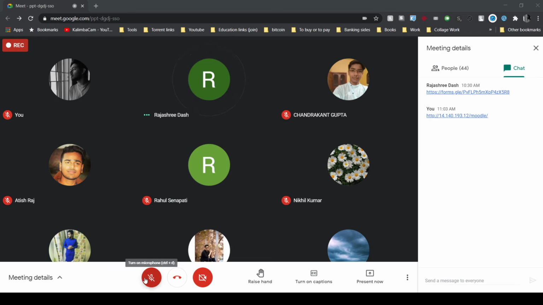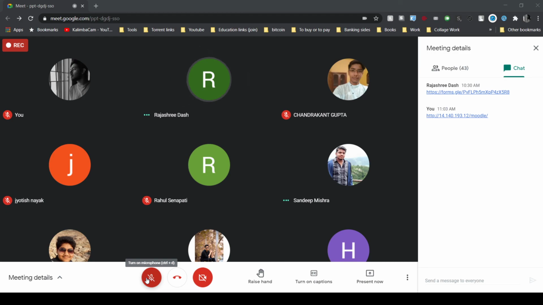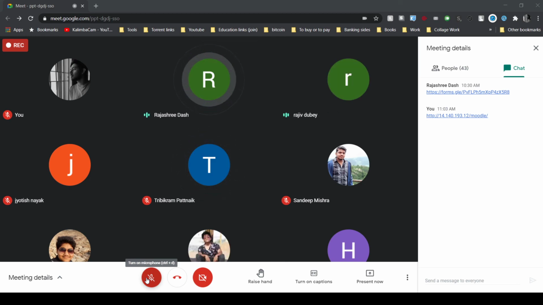Jyotish Rai, present, ma'am. Pratyush Patel, present, ma'am. Anup Kumar Mukherjee, Hariom Kumar, yes, ma'am. Sandeep Misra, present, ma'am. Trivikram Patnaik, present, ma'am. Priti Ranjan Biswal, yes, ma'am. Rajiv Dubey, present, ma'am. Sikriti Modak, present, ma'am. Sambit Kumar Sahu, present, ma'am. Vishnu Murari Sharma,